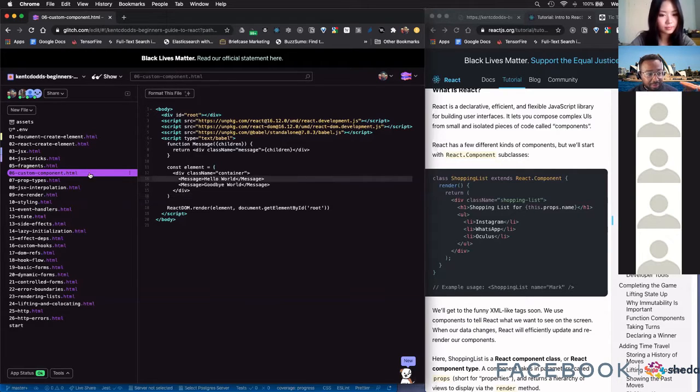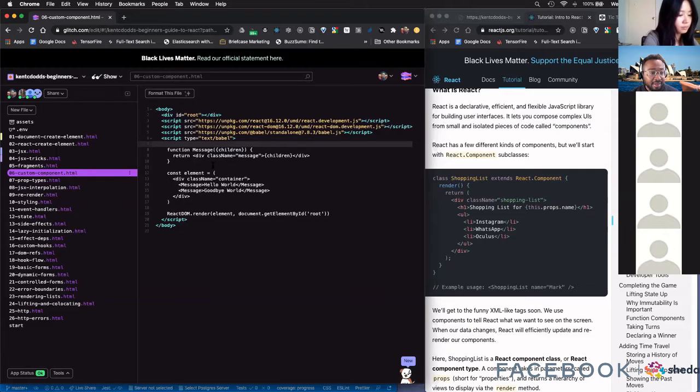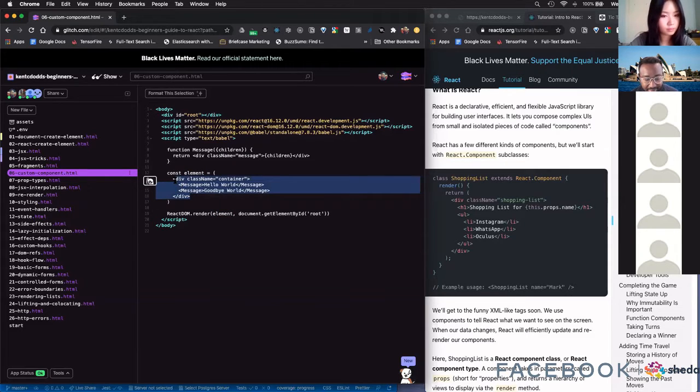Well, I'll just re-explain that again. A fragment is just a piece of code that allows you to put JSX into a variable, like a variable called element. So in the next example, which is 6, we're creating a custom component. In this case, element here is a fragment. It's a fragment of JSX. And in this fragment, there's a div, hello world, goodbye world, and a closed div. In this div, there's a custom component called